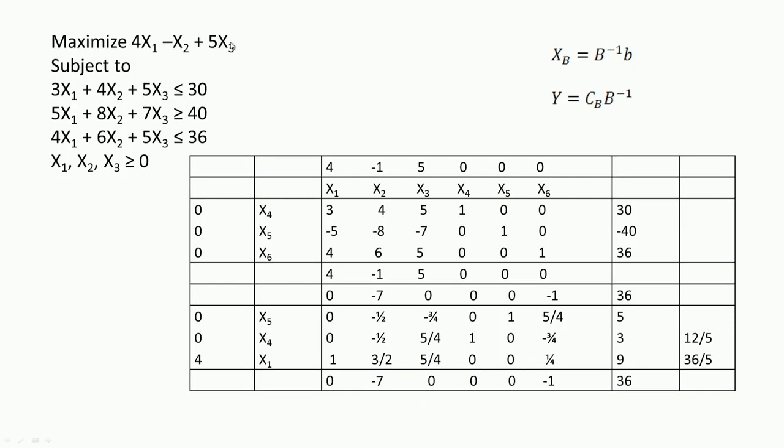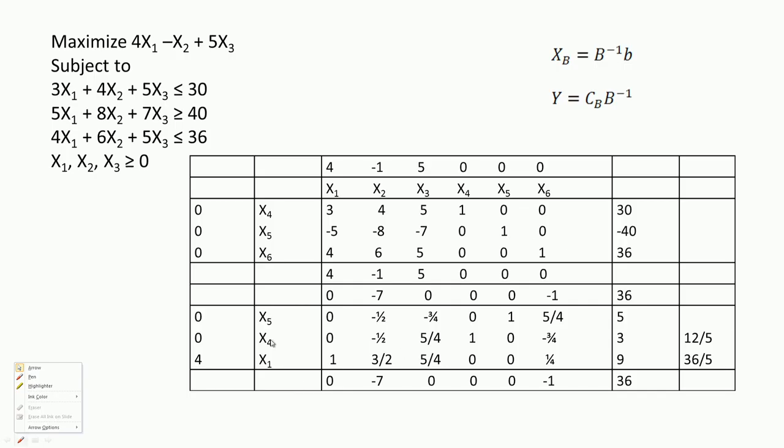This is the problem that we looked at recently, where we had 3 constraints and 2 variables. I am just showing one of the optimum solutions. Now, if we take this very carefully, this is a greater than or equal to constraint. So, if we take the equations as minus 5x1 minus 8x2 minus 7x3 plus x5 is equal to minus 40,